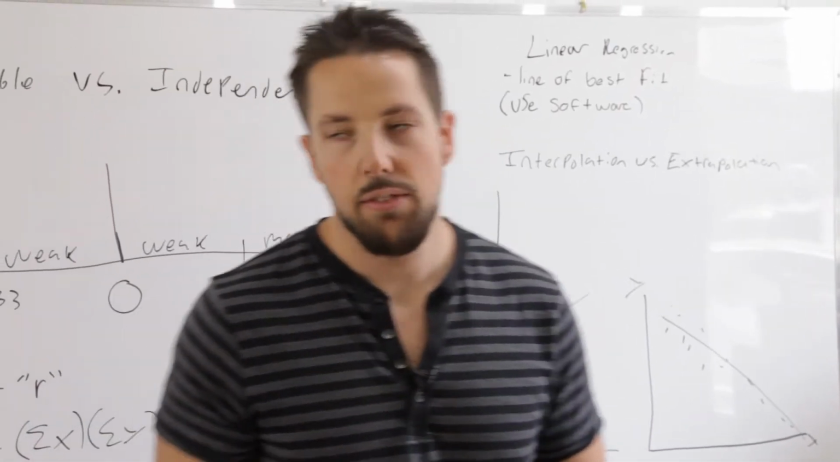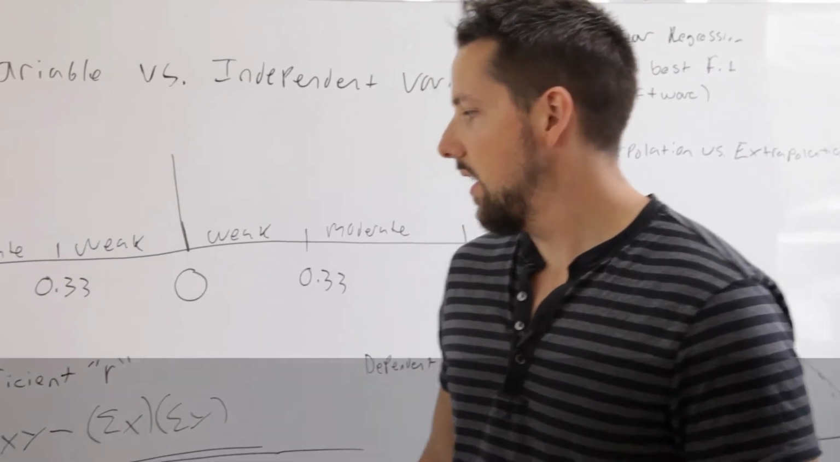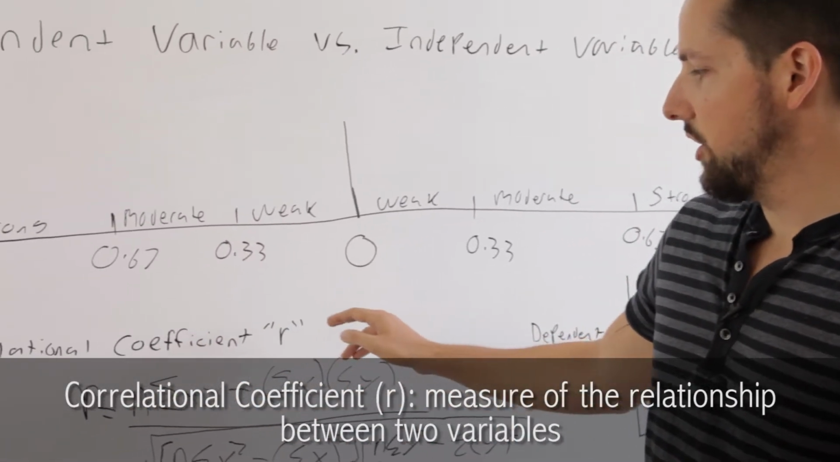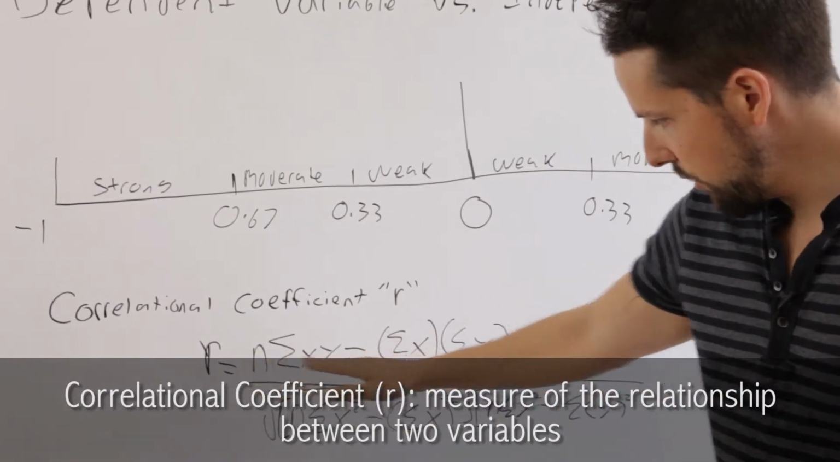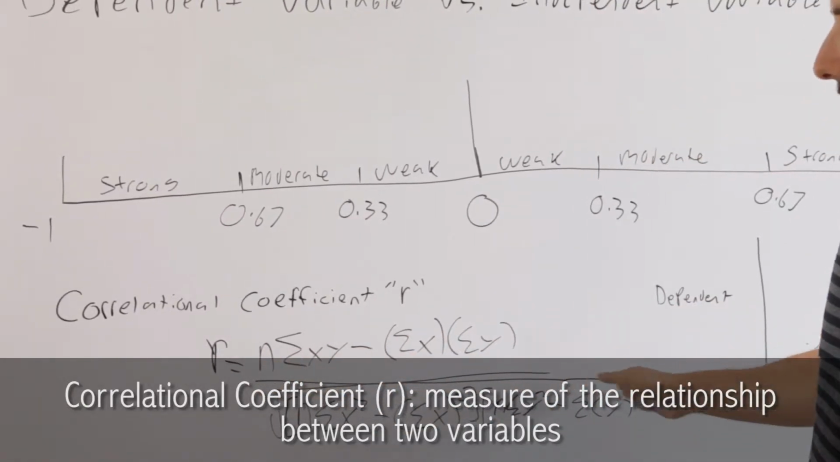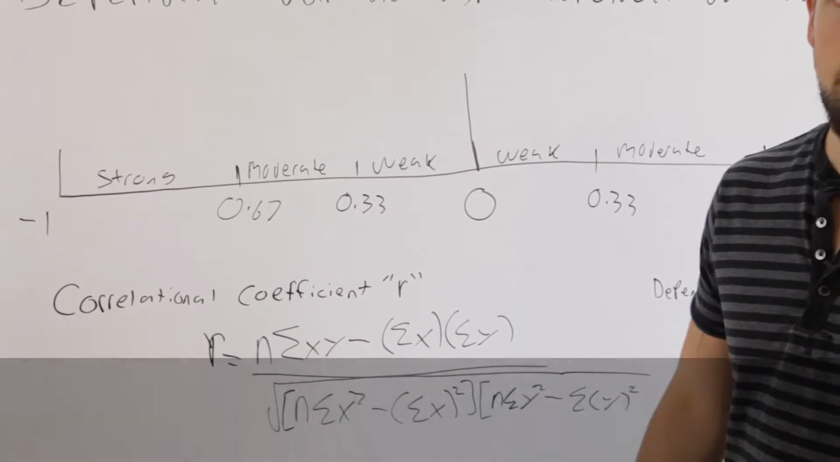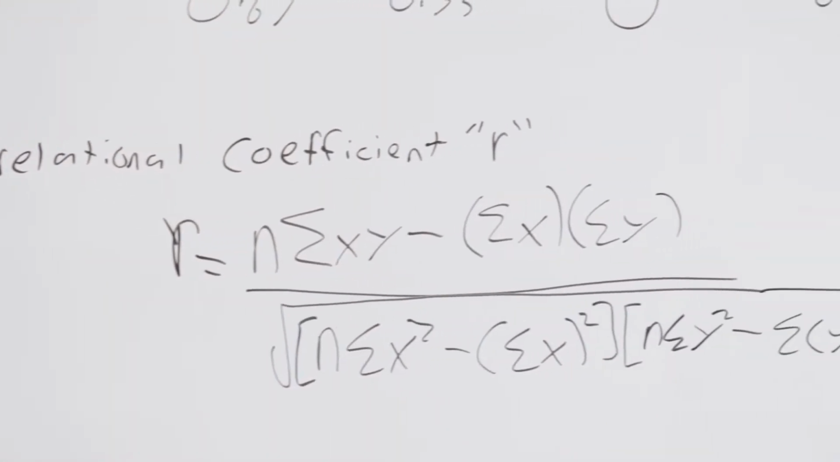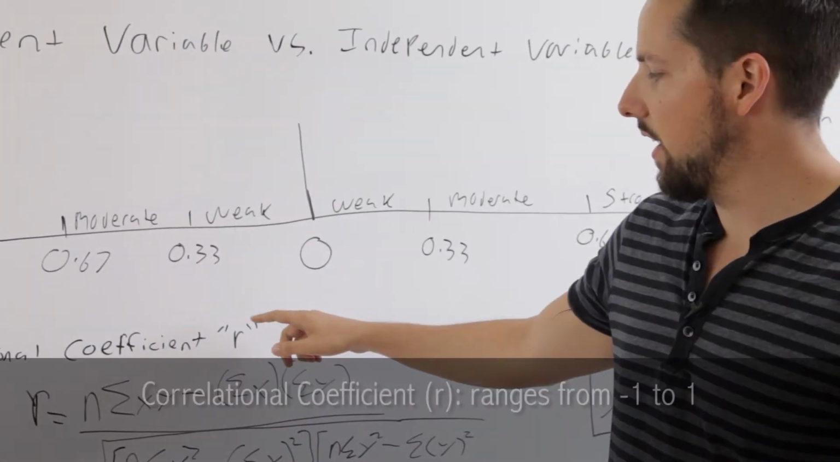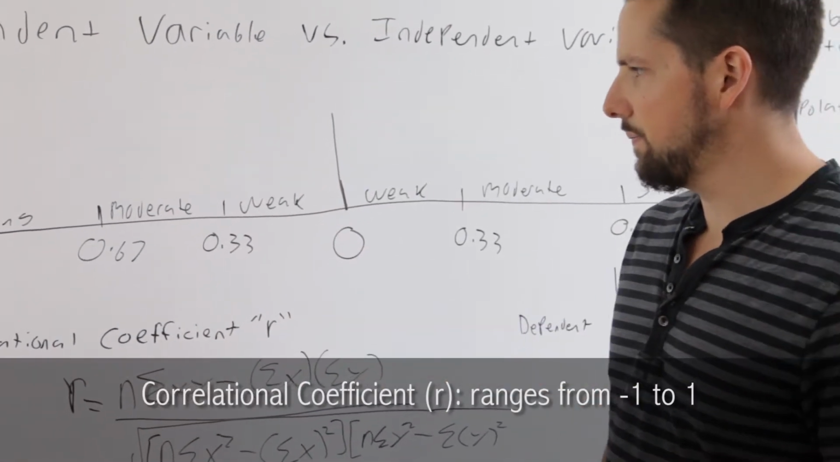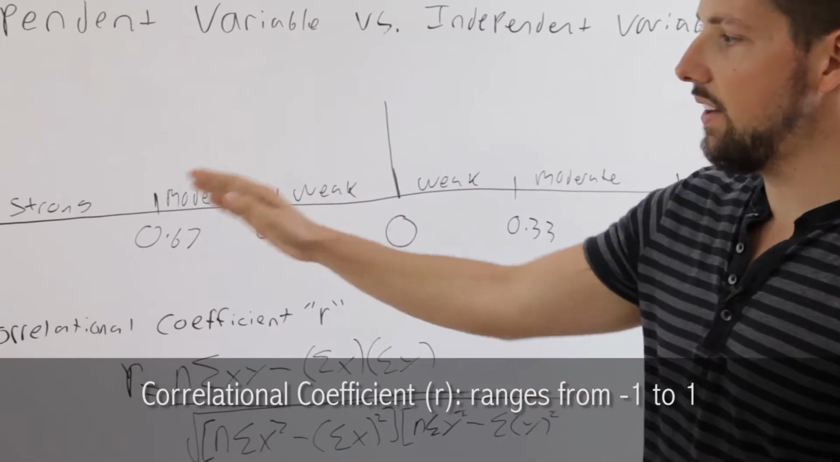So let's look at the different ways to measure a correlation. The correlational coefficient is one of the most used measurements, and it's got this huge formula that you can use to calculate it by hand, but most of the time we just use software like Microsoft Excel or a graphing calculator. The correlational coefficient is labeled by the letter r, a lowercase r, and it ranges from -1, which